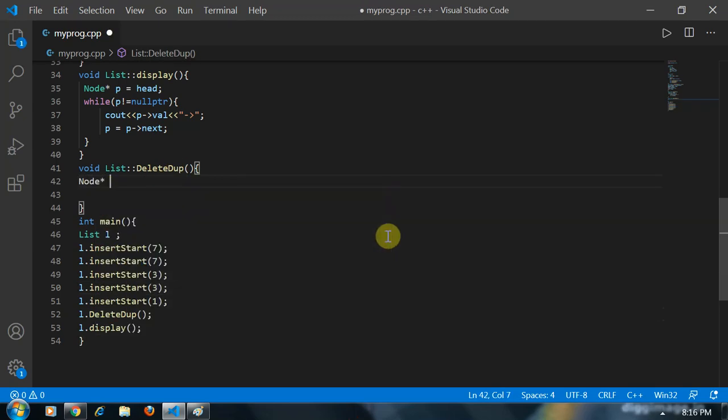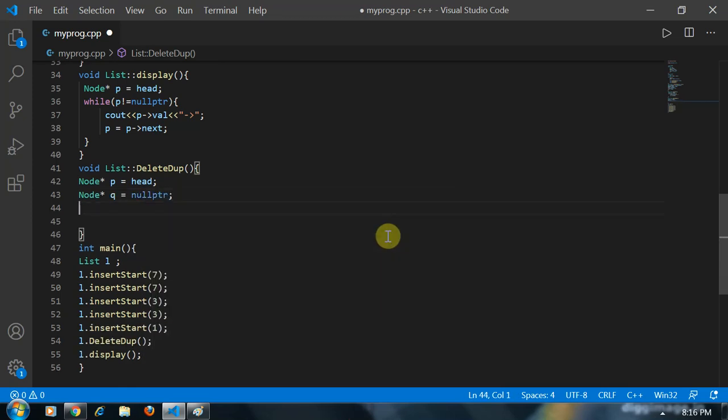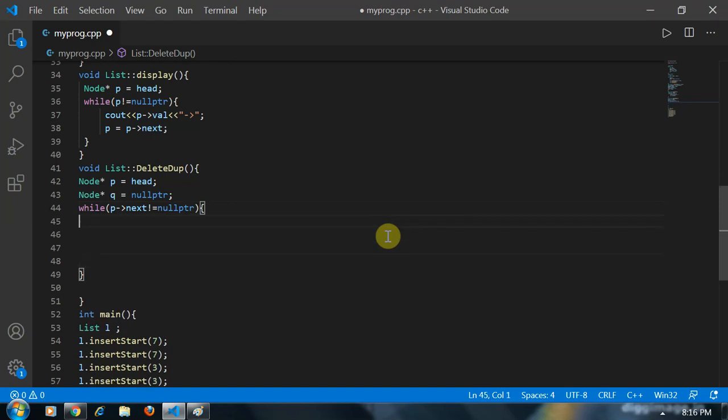First I will create two pointers. The P pointer will point to head and the Q pointer will point to null. Now check the condition: while P's next is not equal to null pointer, check if P's val is equal to P's next val.